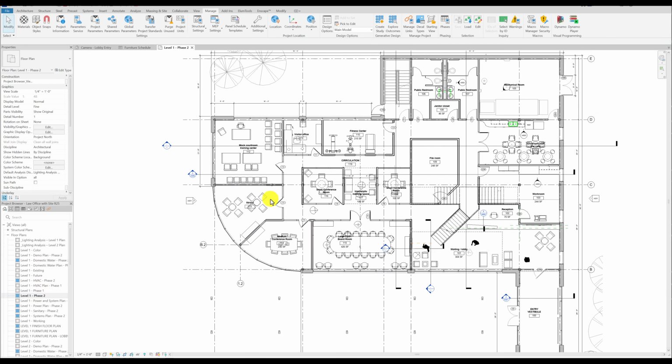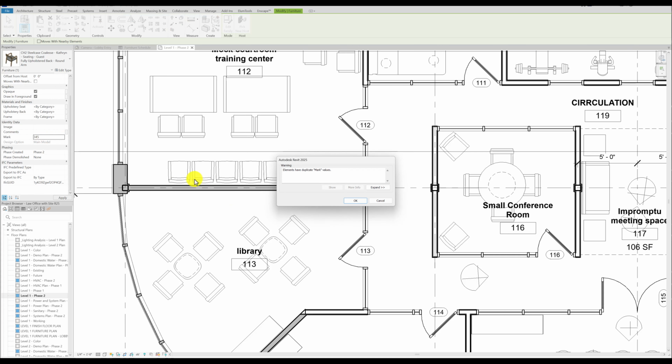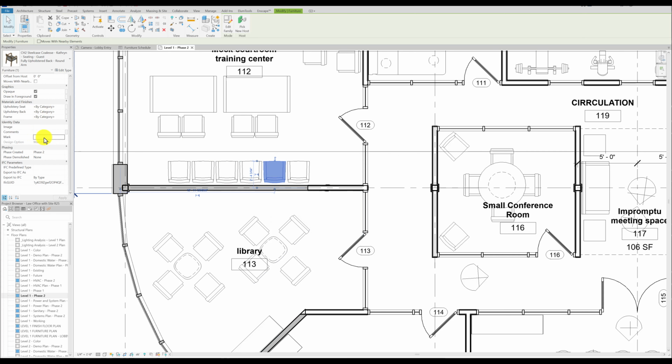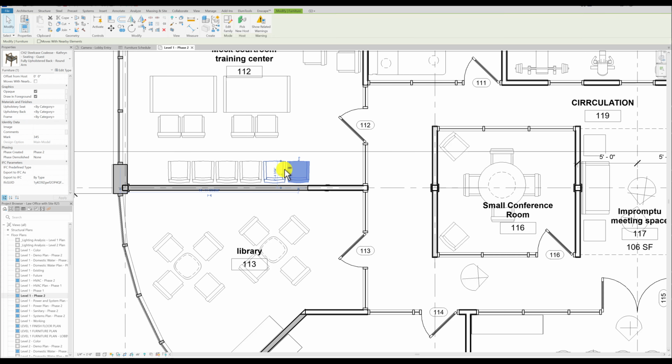level 1 phase 2. So let's click on this chair, and these two chairs, this is CH2, so the mark isn't going to have that same value that I set, but I'm going to set 2 chairs to have some random value, and I happened to type the same random value twice apparently because I got a warning there. But anyways, these 2 chairs have a random value, and if they're both selected, that varies thing that I just showed you is not just for schedules, because varies shows up here in the project browser